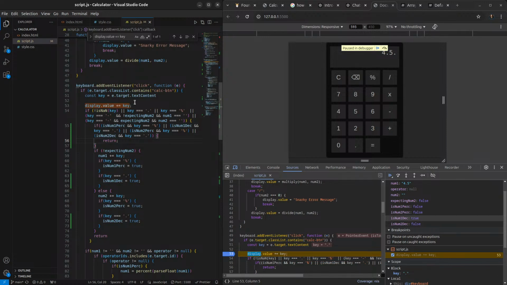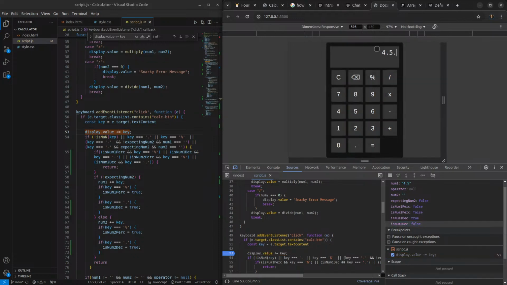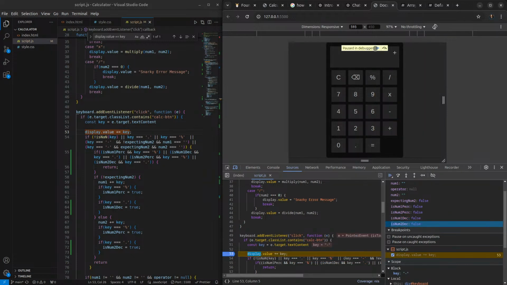So instead of this, maybe we should put this display value underneath, but let me double check. Because see, no, okay,